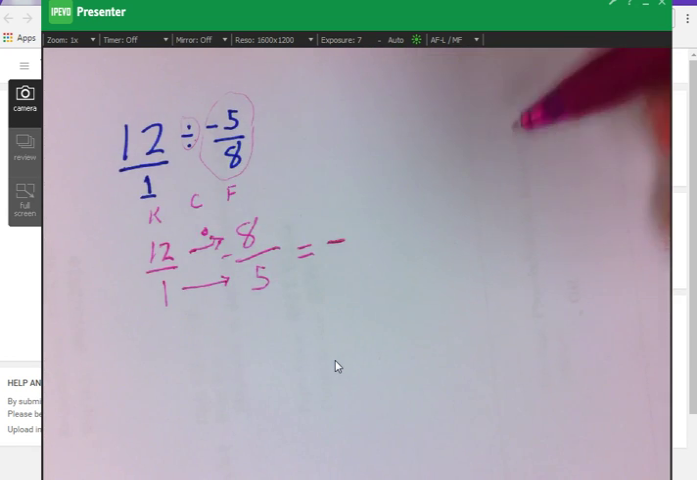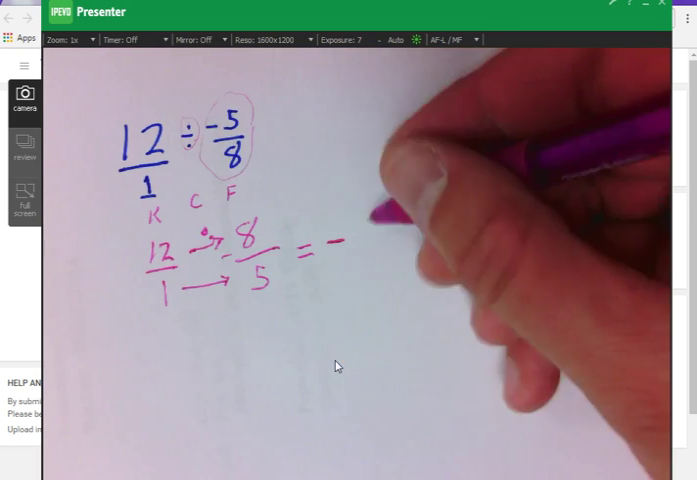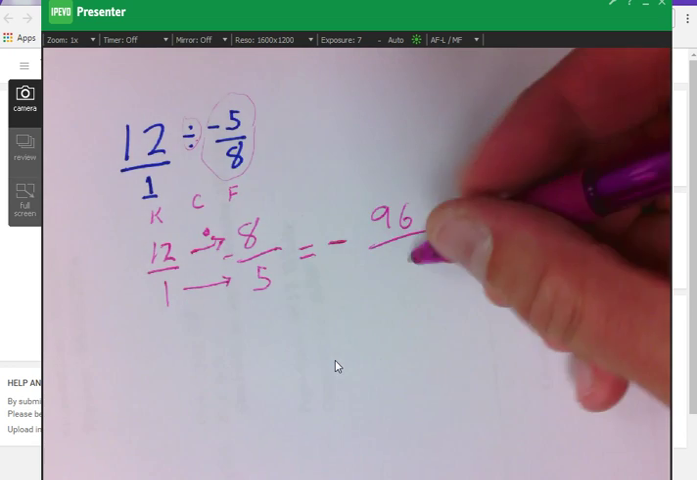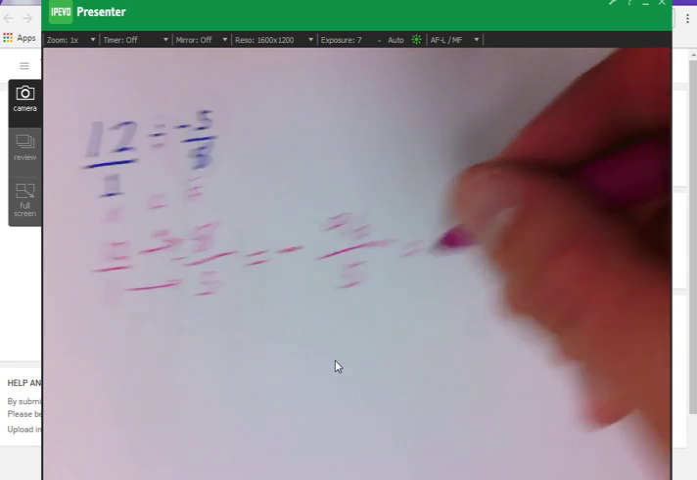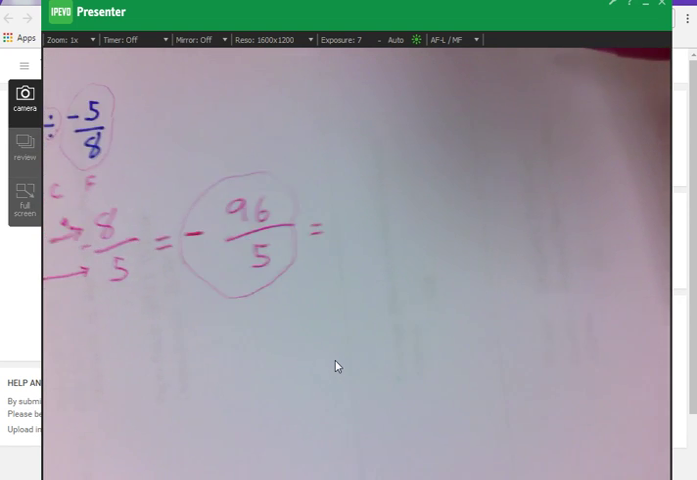So 12 times 8, I can do 8 times 10, which is 80. 8 times 2, which is 16, and I combine those to get 96. I do 1 times 5 across the bottom, gives me 5. So I can leave it like this, or we can convert back to a mixed number,